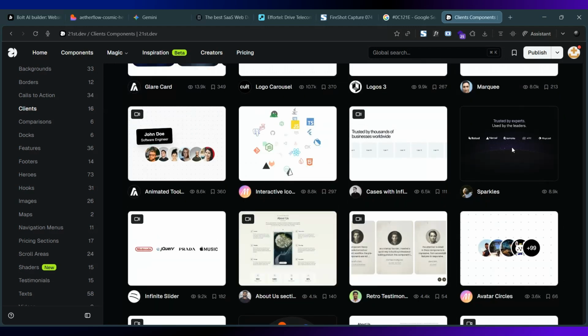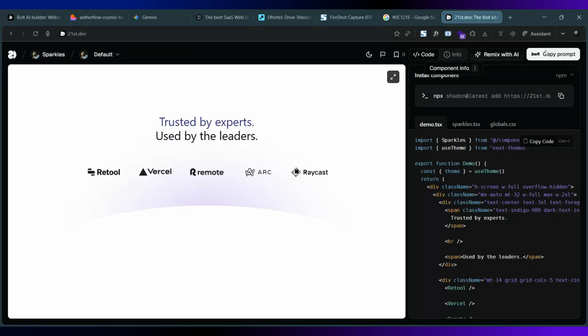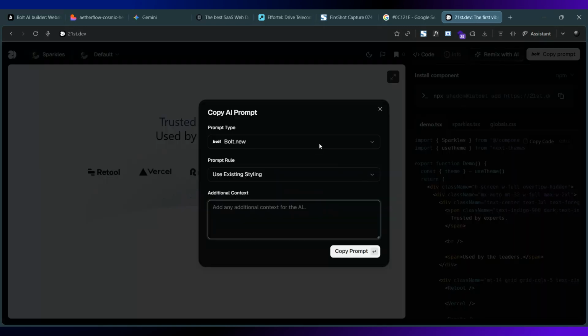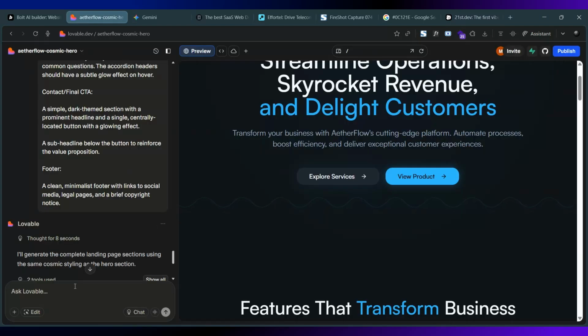And we can choose something like this. And we can open component. And we can choose Lovable and then copy this. I'm going to use our existing styling that we have in our website already. So I'm going to copy the prompts and then go to Lovable and say,